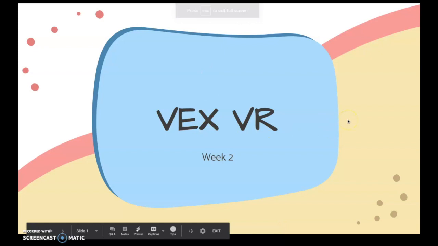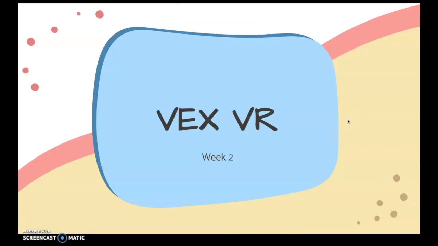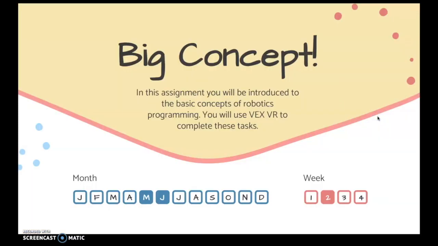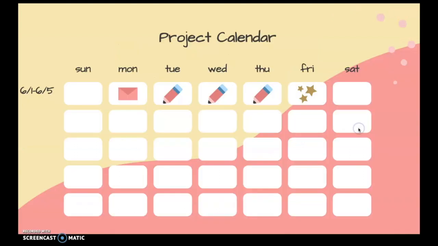All right, everyone. So let's walk through the activity guide for week 2 of our VEX VR activities. You will also see the worksheets that you are to complete as we go through this segment. So make sure you follow along, and that way you have a good understanding of where we're headed for the week. So again, this is week 2 of 3. This is our May-June overlap, and you're going to be again in that VEX VR environment. So the assignments are getting posted today on 6/1. You then have Tuesday, Wednesday, Thursday, and of course Friday to complete these assignments, and they are due by 11:59